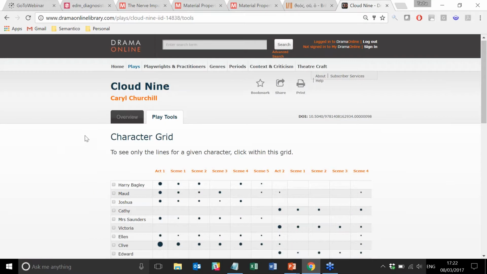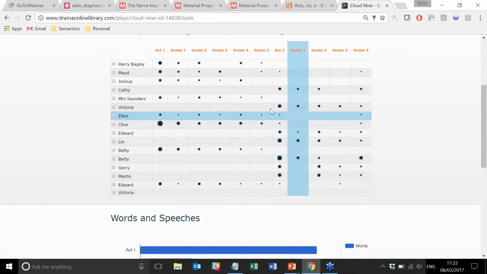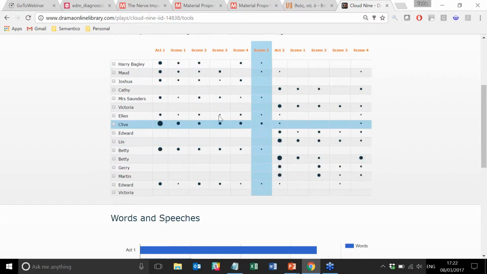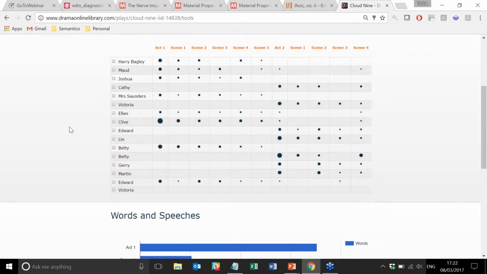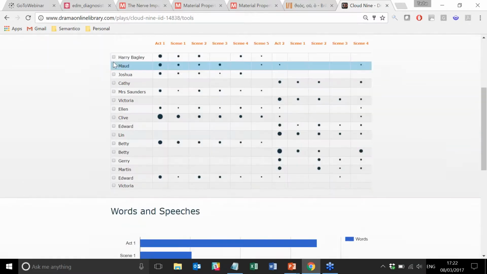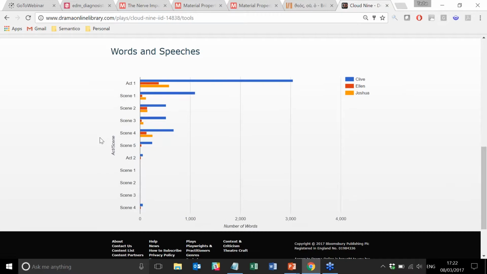So Cloud 9, as you can see, has a whole variety of roles throughout the play, and you can see by the size of the dot how many words or how important the part is within each scene or act. Below you can see how many words are within each of those acts and scenes, and you can actually filter that further by choosing specific parts, so you can compare various parts throughout each of those acts and scenes. So it's a really nice way, when you're trying to find a play to study or to put on,